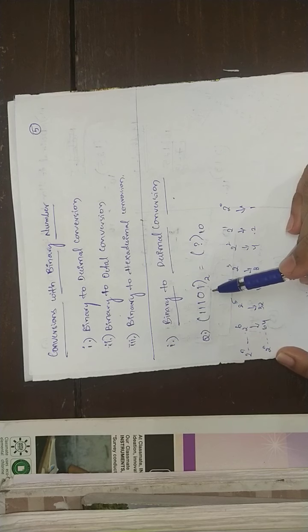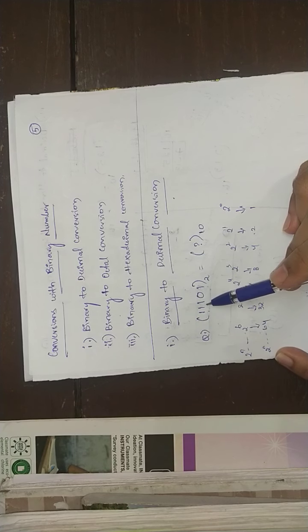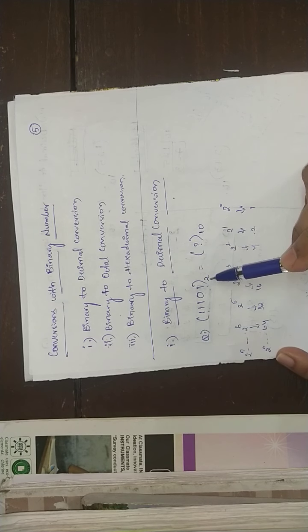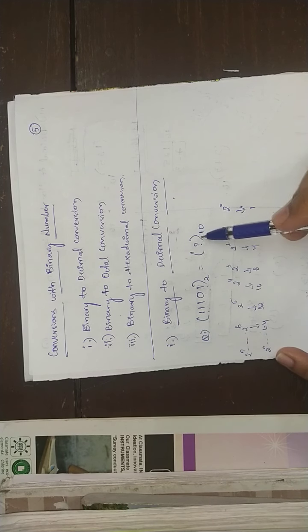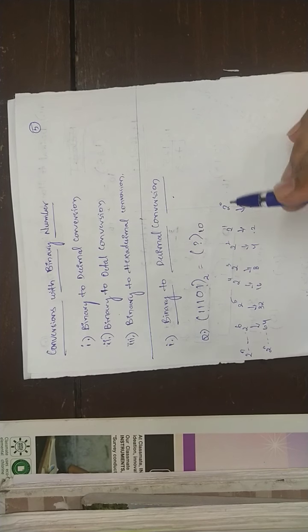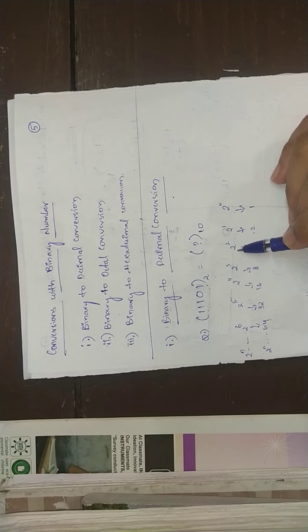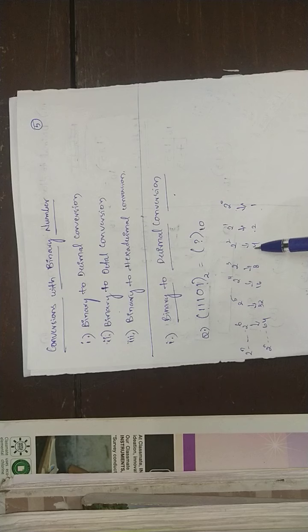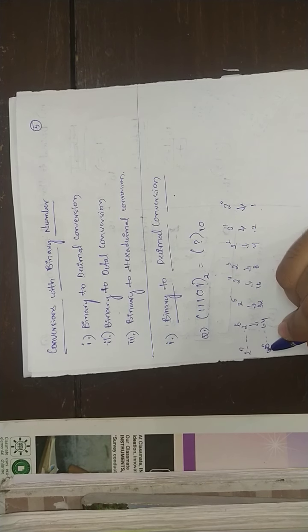Here it is binary number 11101, where a binary number is represented with 0 and 1, that is with base 2, and here with the base 10. How much is the value? We don't know. Now here I have already written the numbers 2 power 0, 2 power 1, 2 power 2, 2 power 3, 2 power 4, 2 power 5, and so on up to 2 power n, so as not to waste time. So here its values are 2 power 0 is 1, 2 power 1 is 2, 2 power 2 is 4, 2 power 3 is 8, and so on up to infinity.